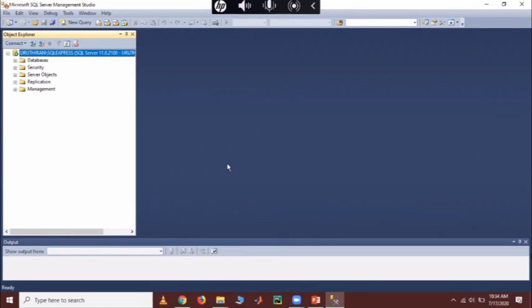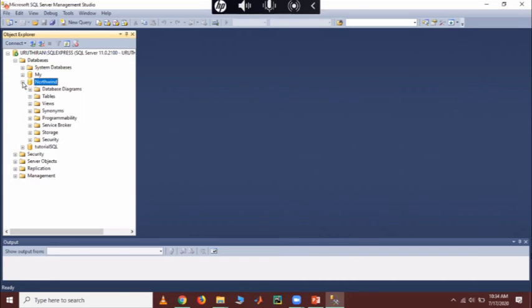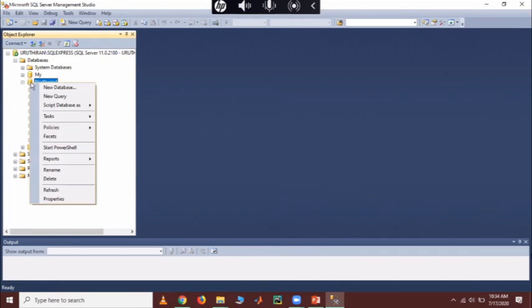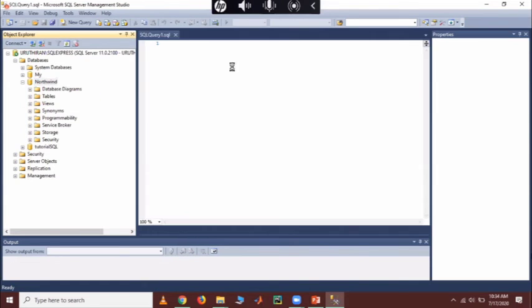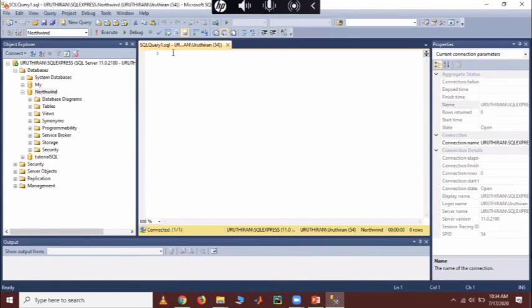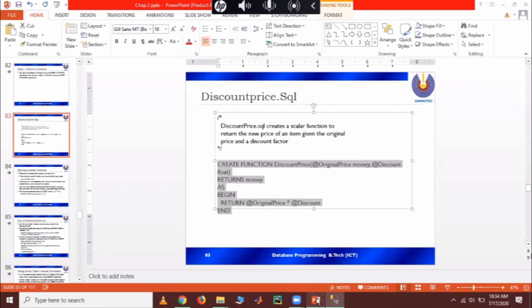Okay, in this example, another example, I will finish your lectures. Now you can see the database. Now you can right click here, new query. If you use this new query and run this program, it is related to this particular database. That is not necessary.